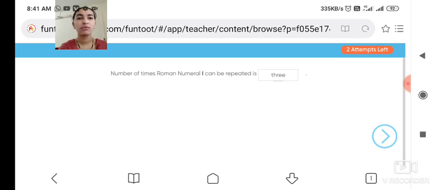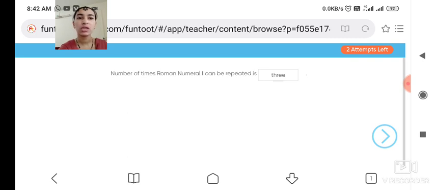Now if I want to write 3, how do I write it? I will only write I three times. Yes, students, so if I want to write 4, how do we write 4? First I will write 5 minus 1. 5 can be written as V and 1 can be written as I. So whatever the subtraction you are taking, the second number will come first. That means IV. IV stands for 4.